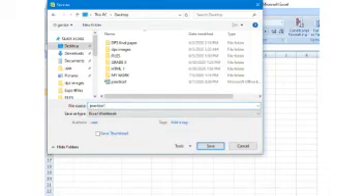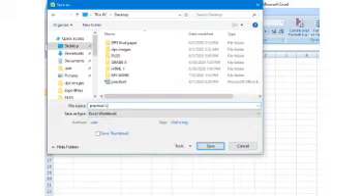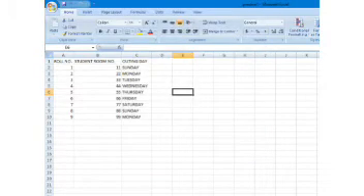So I'm going to make some change here in the name: Practice 1.2. Now let's see what happened. Save. Now it will be saved. So this way we can save any workbook.